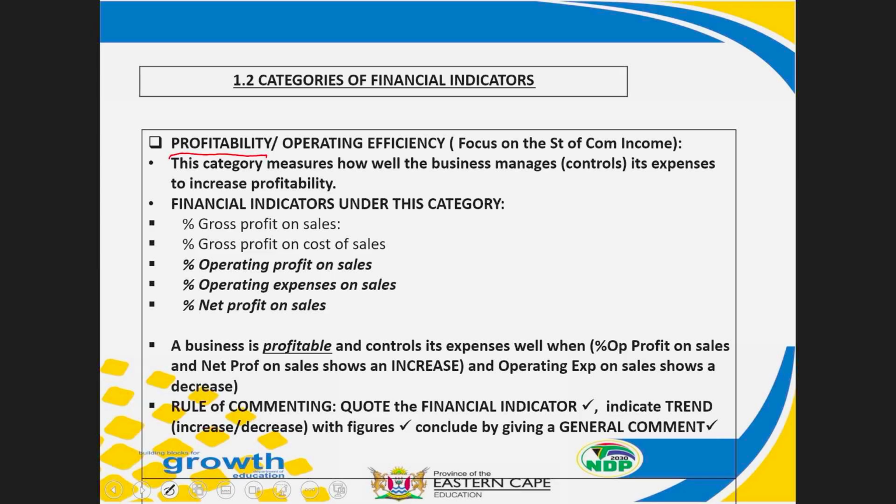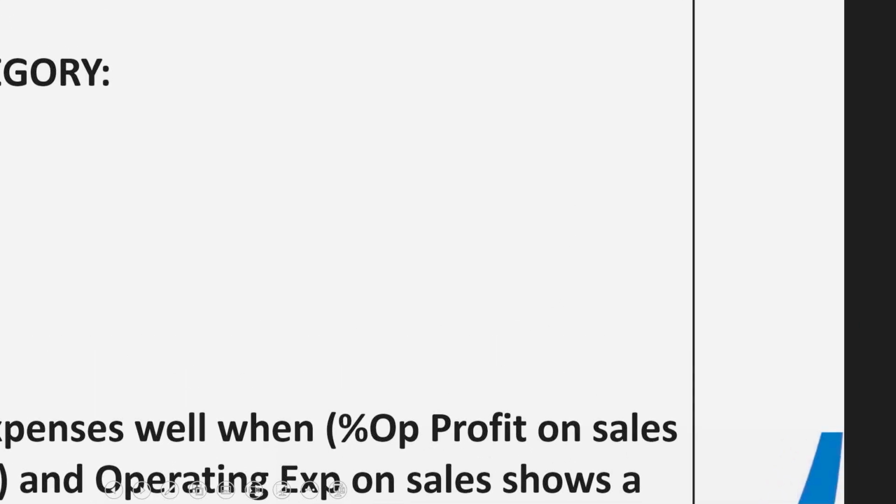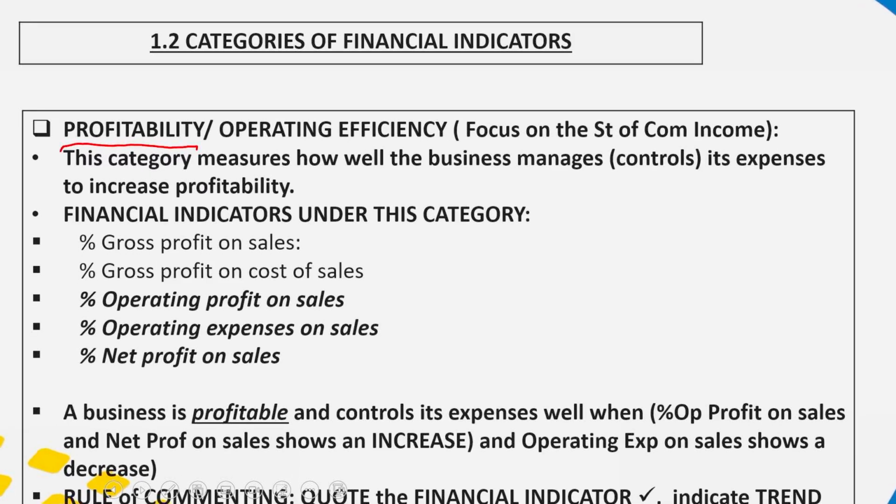Remember, to work out your profitability financial indicators, you use the information coming from the statement of comprehensive income. So these indicators will be those indicators that are having the components of your statement of comprehensive income. Now, if we're looking at this